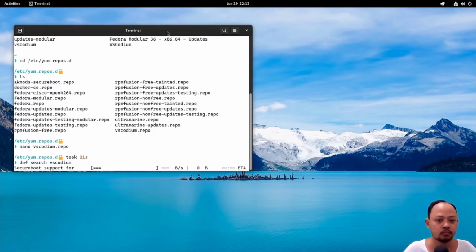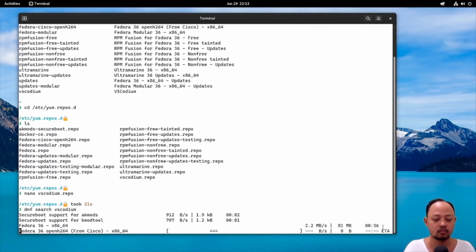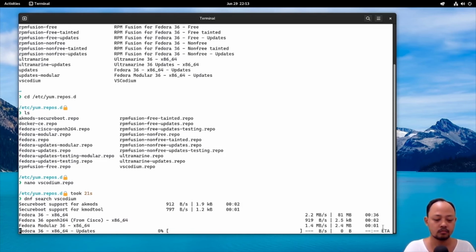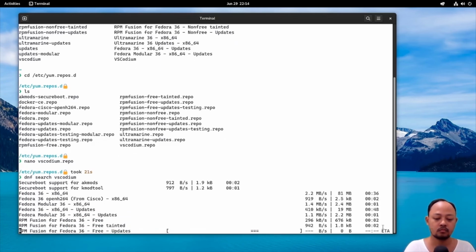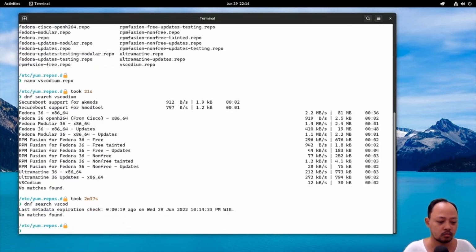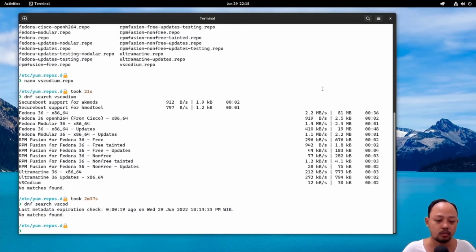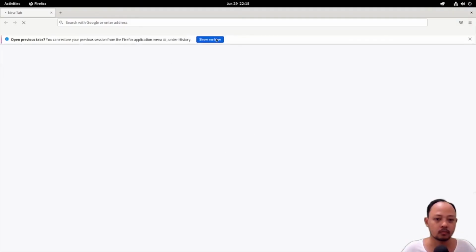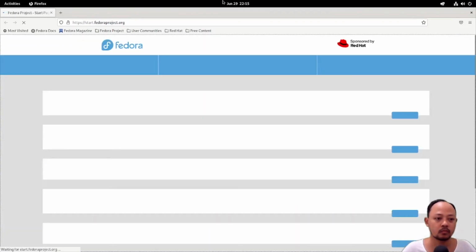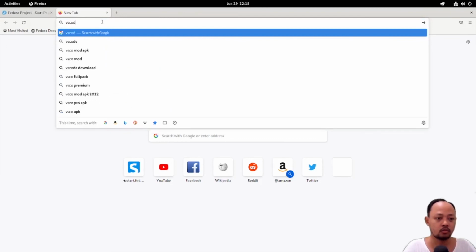Codium. We cannot find the VS Codium. Wait, I will try to look for it in the web browser. VS Codium.